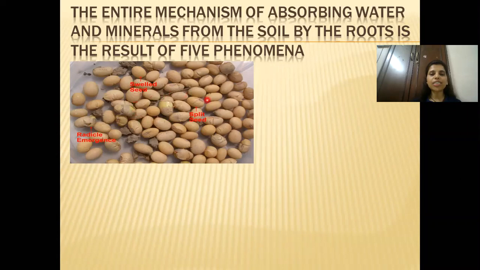Here you can see that different seeds are shown, and some of them, as you can see in this seed, the seed coat which is there on the seed is ruptured. Okay, so now how is this particular seed coat ruptured, and you can see that the seeds are in swollen conditions. So that means whenever there is moisture or you soak the seeds in water, the seed coat adsorbs. I'm not using the word absorb, it is adsorbing. Adsorbing means through surface attraction. It absorbs water and it ruptures.